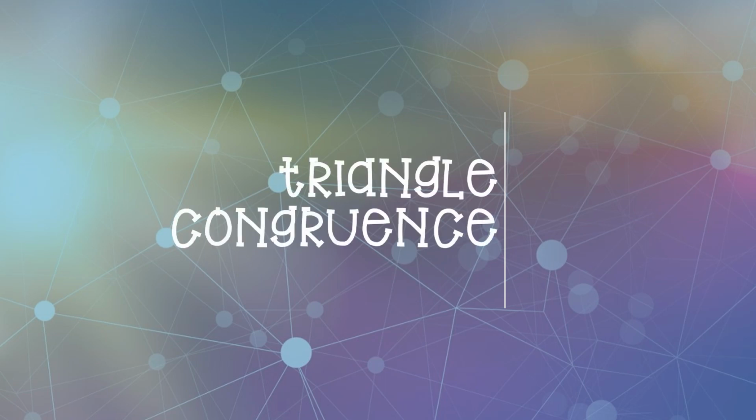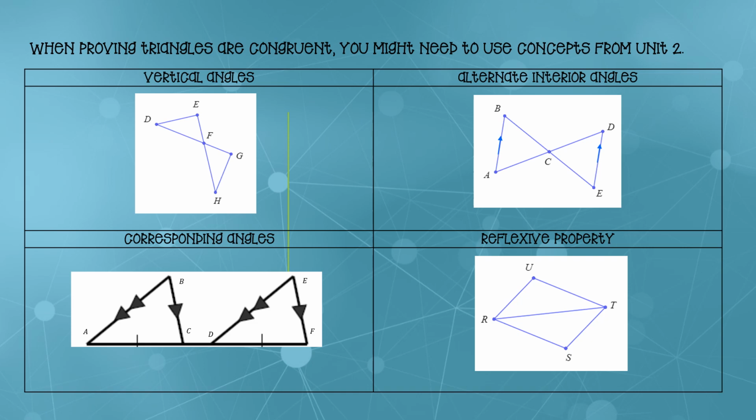For our last section of notes for Unit 3, we're going to continue looking at our triangle congruencies, the 5 shortcuts that we went over yesterday, but we're going to be looking at more complicated examples. So when you're proving triangles are congruent, there might be some concepts that we discussed in Unit 2 that would